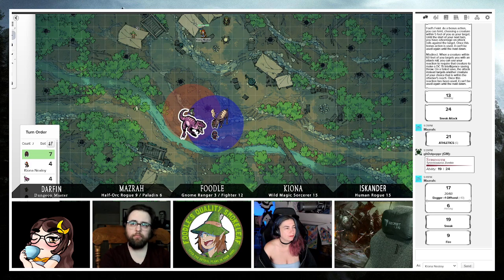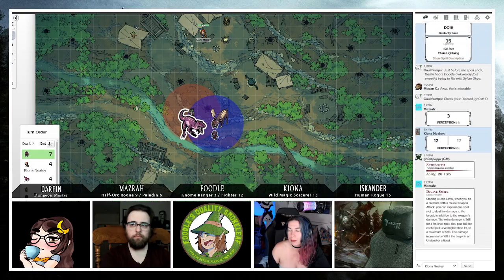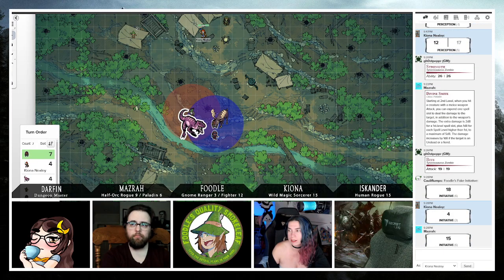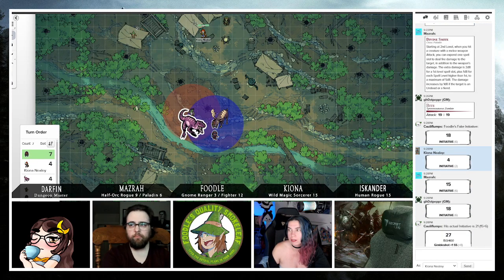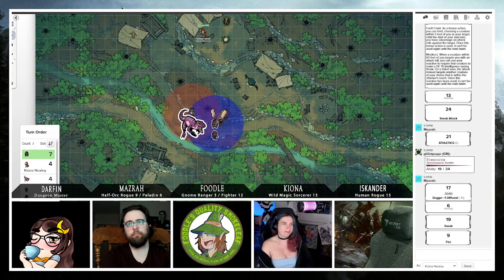Do we know if a 14 hits? I think it does. No, my first roll was a 16. That 16 was rolled, so 15 just hit. He just yelled no from the other room. Its AC is 15, you guys. Okay, but the 19 will hit, which means I do